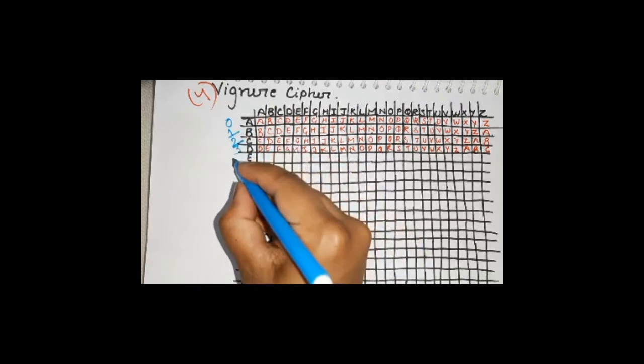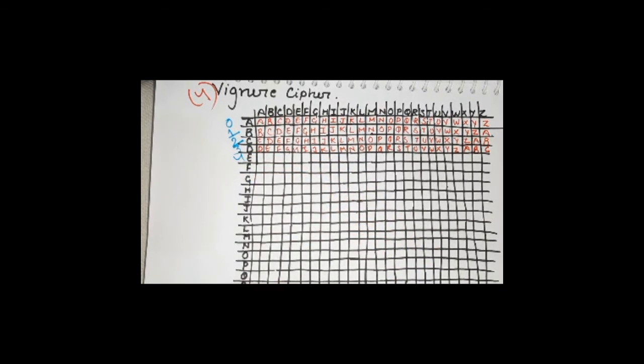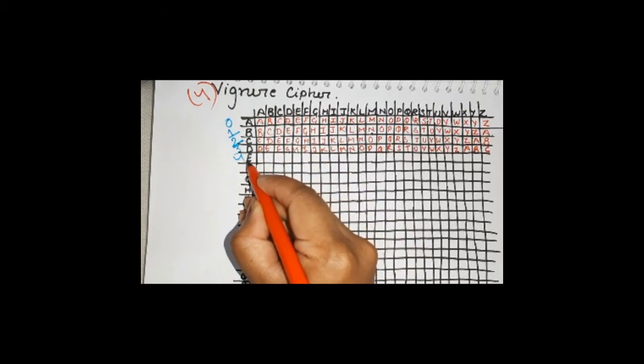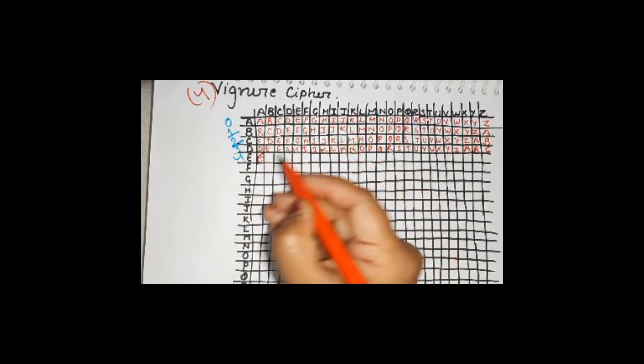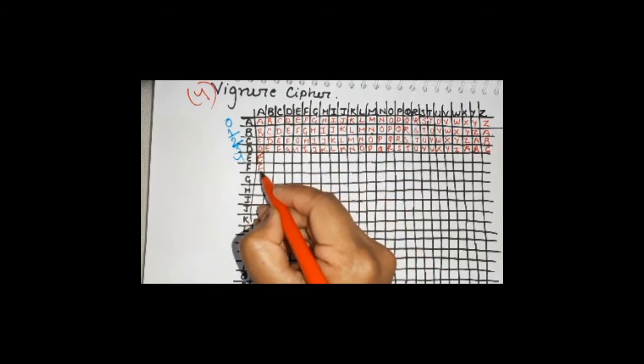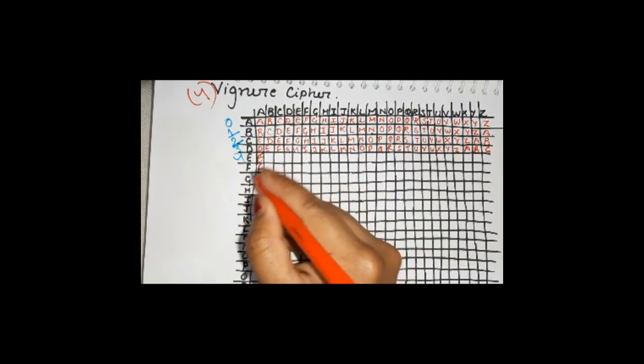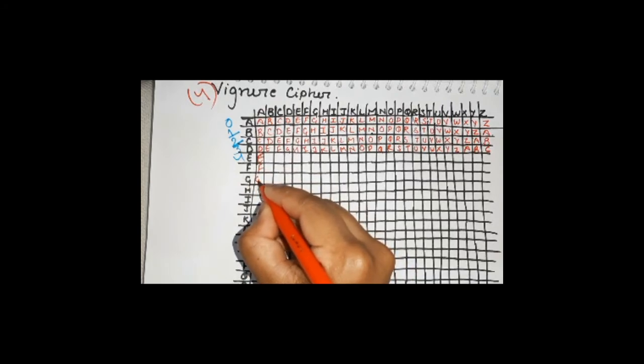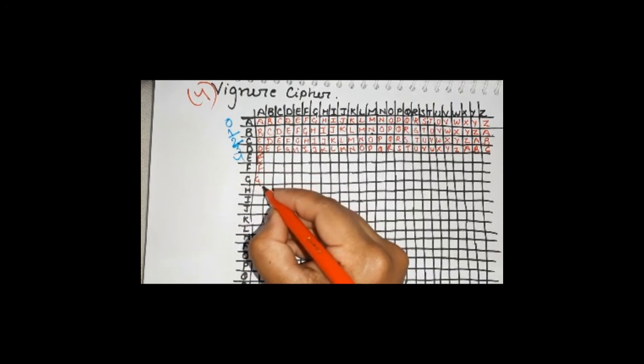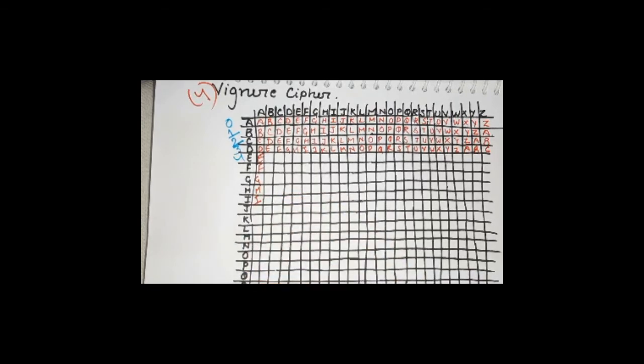And similarly, row 4 will have shift 4, and moving ahead, all the rows will have further shifts. The simple idea is, if a row starts with E, we know it is going to start from E. If we have the value F, we start this row from F. If we have G, we start with G, and so on. I hope all of you have understood what this Vigenere table means.